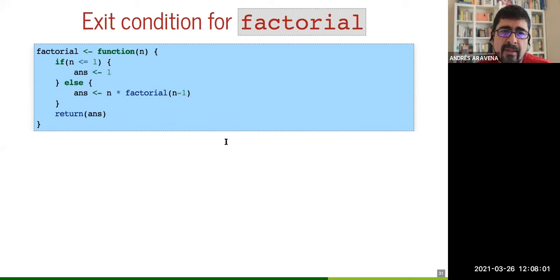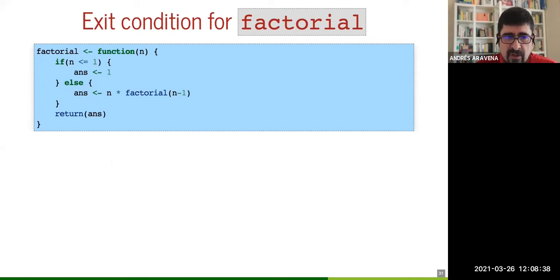What happens in real life is that if you forget to do this, the computer will call a function that calls the function that calls the function. And since the computer has limited memory, they have a way to count how many levels you are down. And if you are too deep, they will say, hey, stop it. You cannot go forever. Typically, computers have a limit of how deep you can go. It can be big, but eventually they will say, no, you are doing it too much. You cannot do infinite things here. Okay?